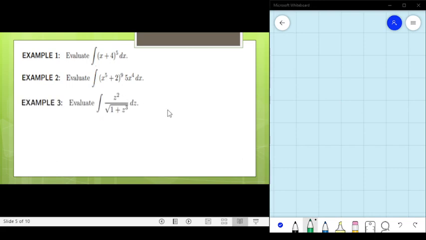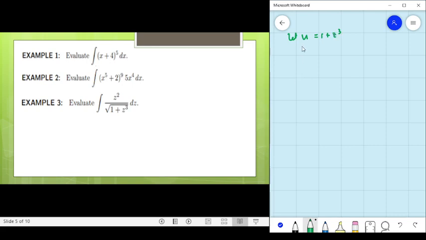Okay, number 3. We are going to find the antiderivative of z squared all over the square root of 1 plus z cubed dz. Okay, so for number 3, we are going to let u be equal to 1 plus z cubed, and from there we can find the derivative of u, which is equal to 3z squared dz,